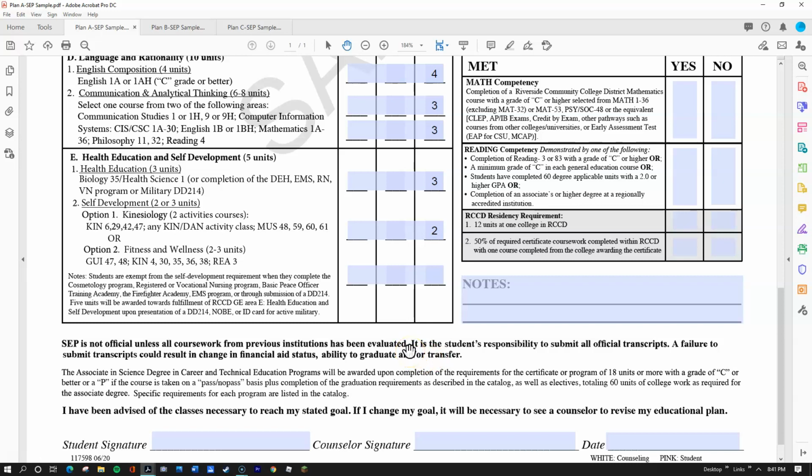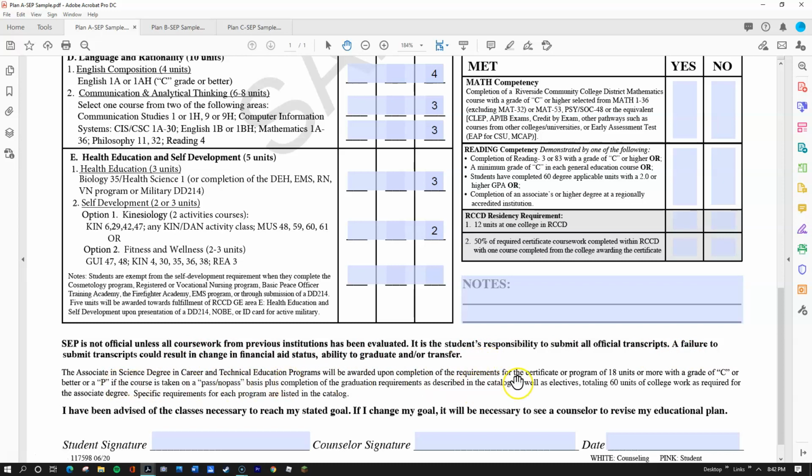Any AP scores would be beneficial. High school transcripts maybe to show proficiency in a foreign language, things like that. So any transcripts from anywhere else would need to be received and evaluated to make this official. It is your responsibility to get those submitted. Those can come from those school districts or college admissions and records offices. They are also called registrar offices. Failure to submit the transcripts can affect you negatively.